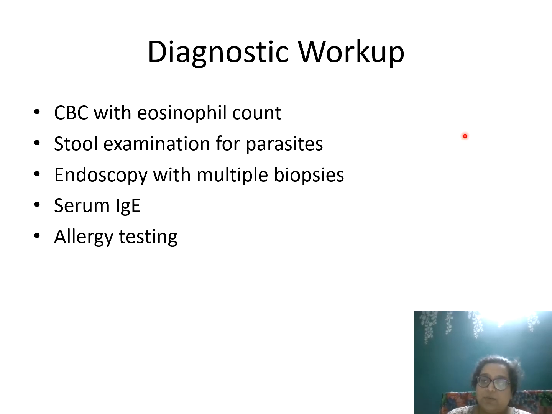So basically, whenever you're working up a suspected case of eosinophilia in the gut, where you feel this could turn out to be an allergic condition, like an eosinophilic gastroenteritis or a cow milk protein allergy, you get a CBC for eosinophil count, because a lot of times your peripheral blood eosinophil is also increased. This supports your diagnosis. Of course, whenever there are eosinophils, parasitic infestations and allergies are the first thing that come to mind. So you do a stool for ova and parasite. Endoscopy you do as we go ahead. Serum Ig you can do, and allergen testing is very rarely done because it is expensive, and that entire panel may not have all the allergens in it. Okay.